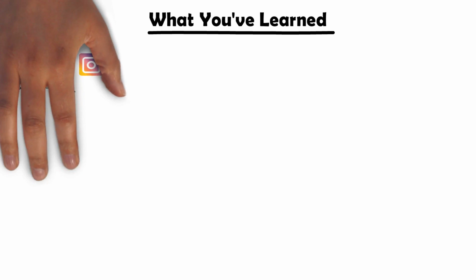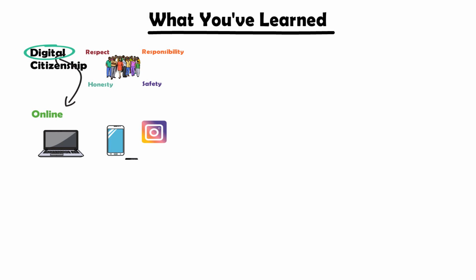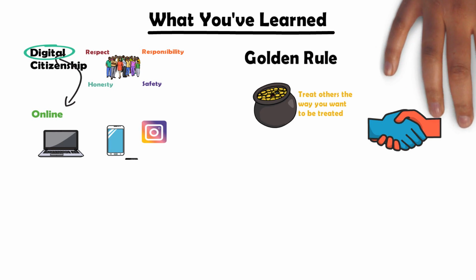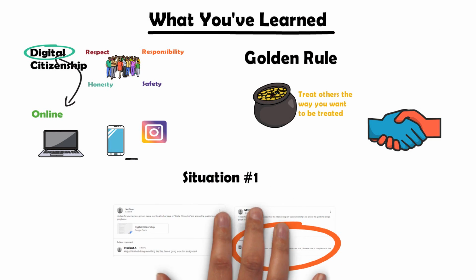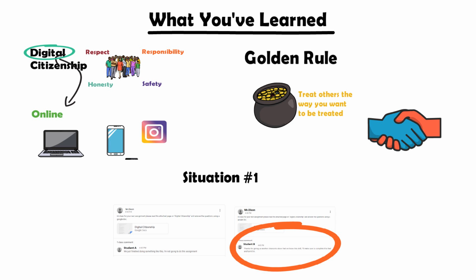Throughout this video, you've learned about what digital citizenship is, the importance of good digital citizenship, and lastly, examples of how we can handle online interactions with good digital citizenship. As our society continues to rely more and more on technology, it's important that we all take steps to make sure we're being good digital citizens. The things we say and do online can have just as much of an impact on others. With screenshots and shared posts, things we say and do online can become permanent.